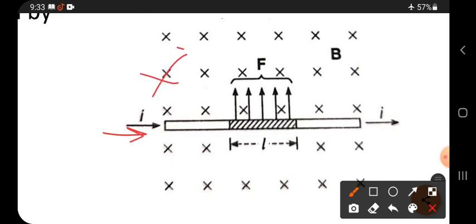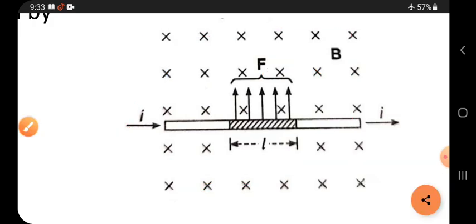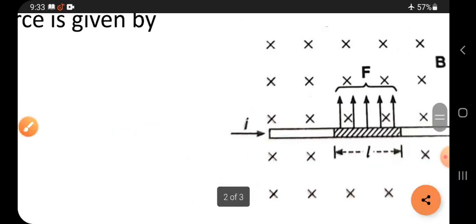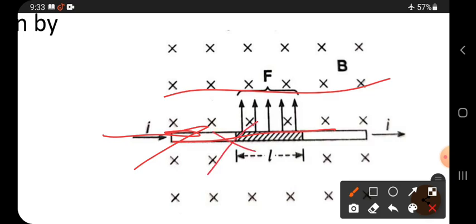It is a field, right? Suppose it is a paper. The field is into the paper, so inside the paper, the field is perpendicular to the paper. That is why it is denoted by the into symbol. And the wire is kept in this direction, like this, and current is also flowing in this direction along the wire. And the field is perpendicular to this wire.